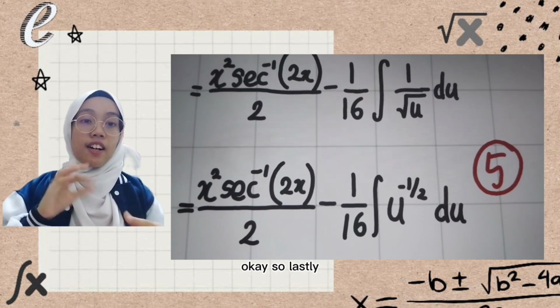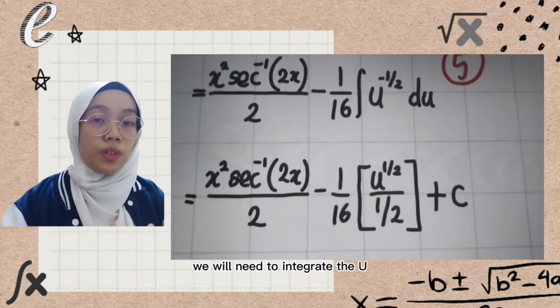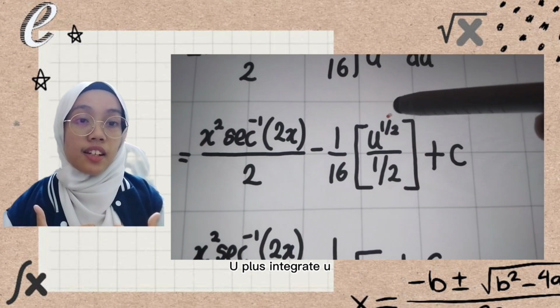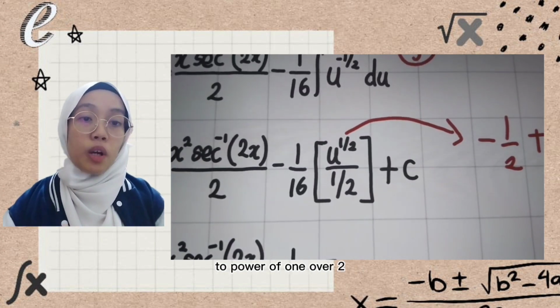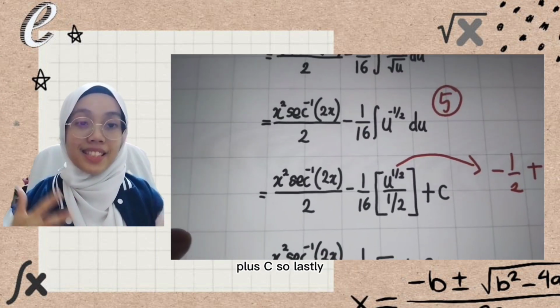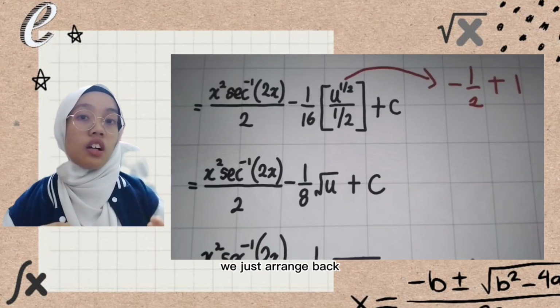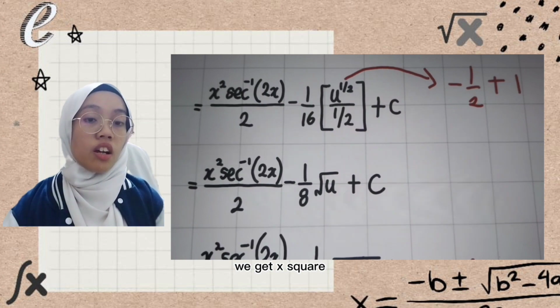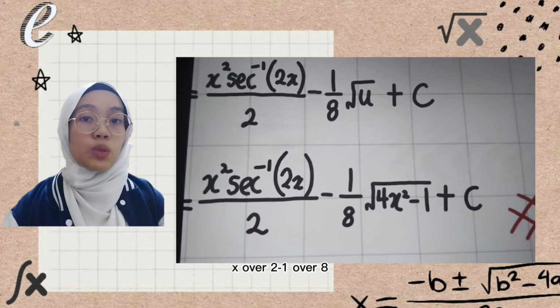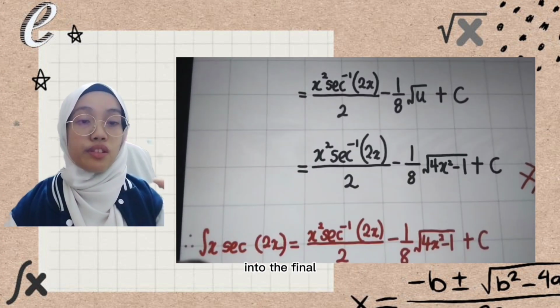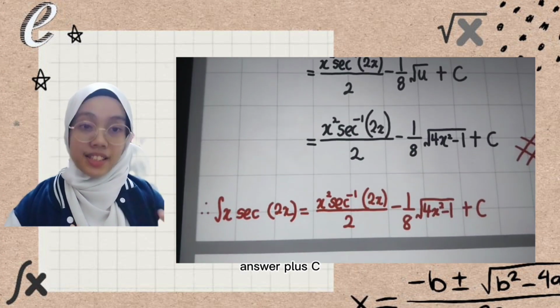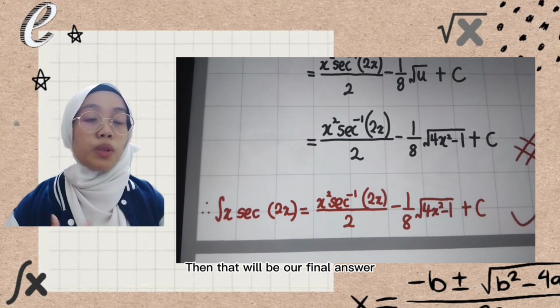Okay, so lastly, we will need to integrate u. So how to integrate u? Integrate u to the power of negative 1 over 2, plus 1. We'll get u to the power of 1 over 2 over 1 over 2 plus c. So lastly, we just arrange back. We will get x squared inverse secant 2x over 2 minus 1 over 8 square root 4x squared minus 1. We substitute back the value of u into the final answer plus c. Don't forget to plus c. Then that will be our final answer,